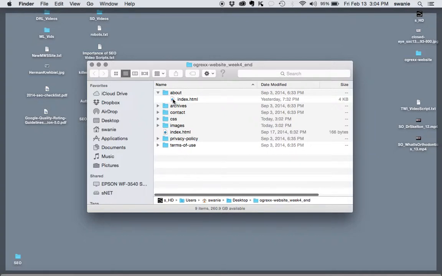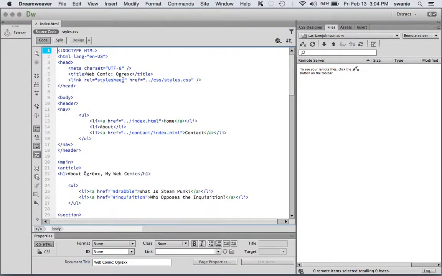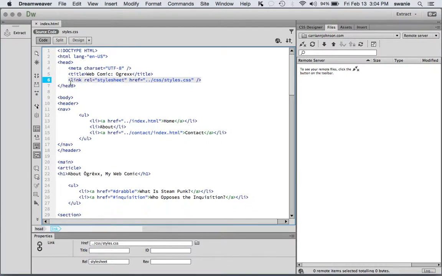But the question is, how do I link to it so that it shows up in my index file? I already have the code that you need right here on line 6 of the index.html file. So you should be able to download that, open it, and this is exactly the code that you write. Now what's important here is how you do this href link. Notice that we're doing what's called a relative URL, and since the style sheet is not in the CSS folder,